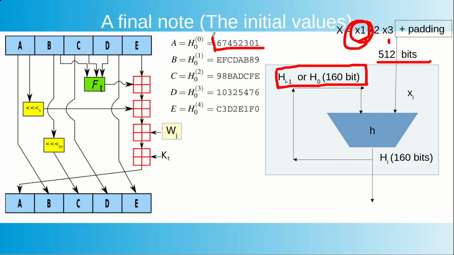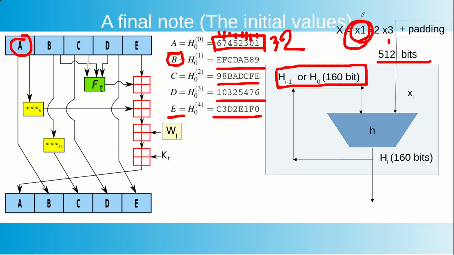So this is essentially the first 32 bits, or A, that I will put here. And recall, it is a hexadecimal number, it is having 8 different digits. So altogether there are 32 bits, and this B initially will take this value, this is constant, C will take this value, D will take this value, and E will take this value. So whenever I consider the first block, I will consider the previous hash value as these 160 bits.